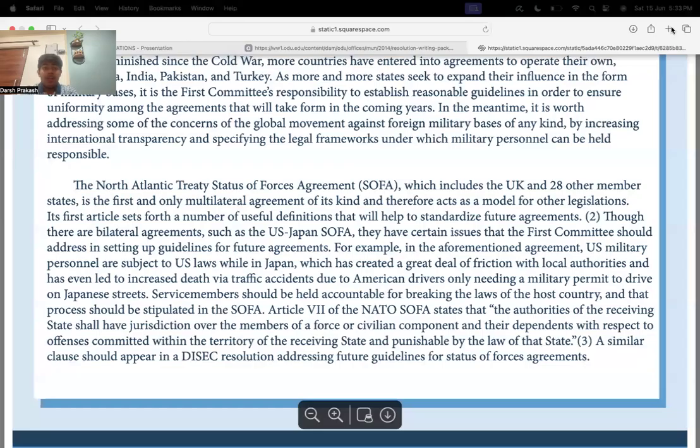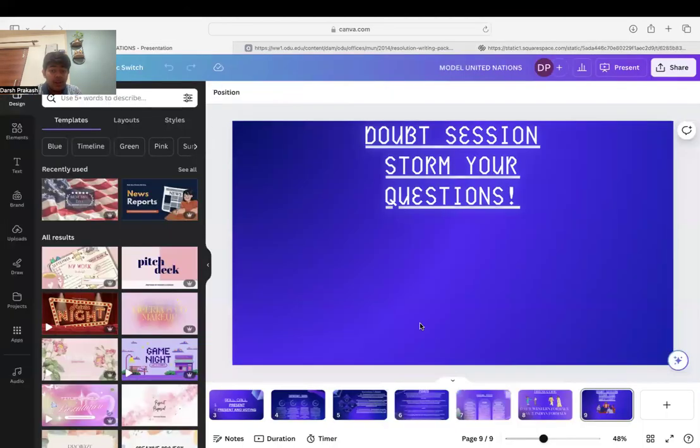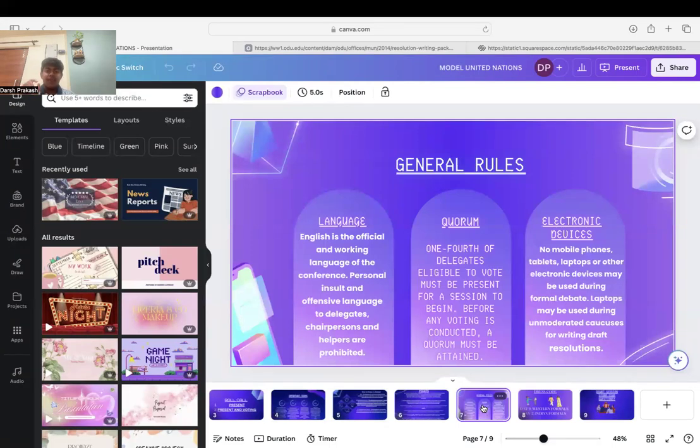And one more thing, I'm missing out on something that I just remembered. You all need to have a substantive chit ready with you. Now, what is this? You need not keep that ready, but you need to keep that in mind. If you are left with some part of your speech that you could not deliver and you want that to be addressed by the executive board, you can use a substantive chit and send your remaining part of the speech to the executive board. A substantive chit follows a very simple format in which you write your country's name via EB, and then you write the points.